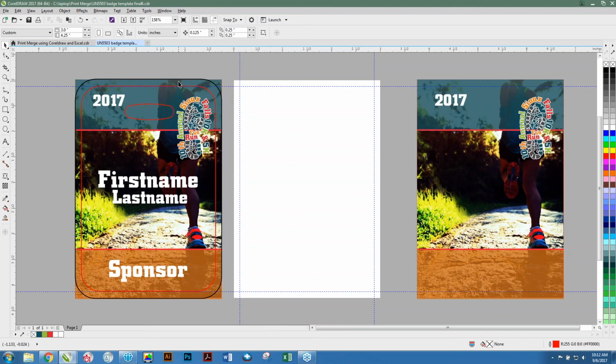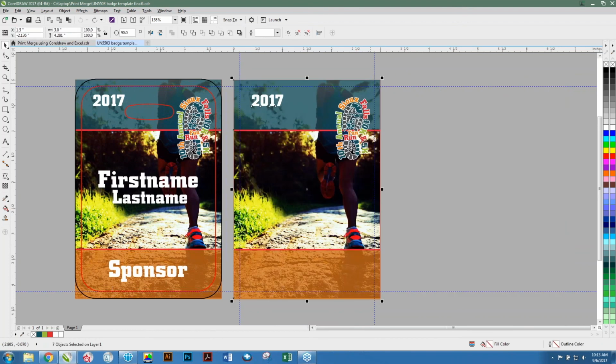And in sublimation, I like to have a bleed edge. So not only do I have the space accounted for the badge, but now I've got a bleed edge as well. That's making this slightly larger, about 1/4 of an inch or an extra 1/8 of an inch on all sides. And you can see that's represented by this guideline here. The guideline shows you where the actual edge of the badge is. Beyond that is my bleed edge, and that's an extra 1/8 of an inch all the way around. All right, so let's put that back,